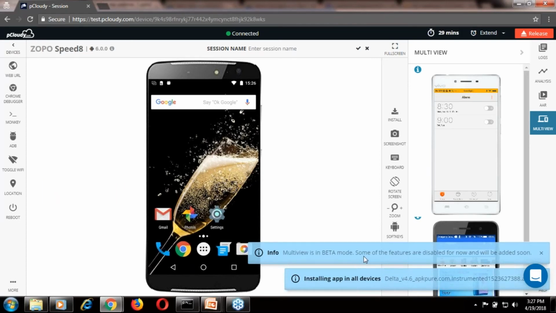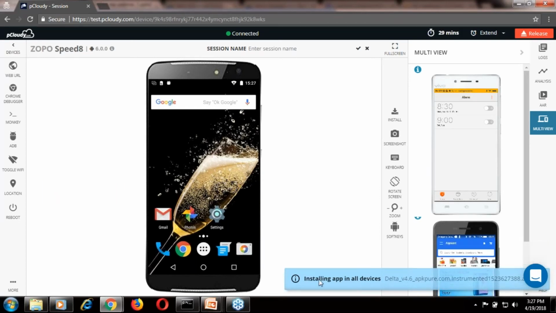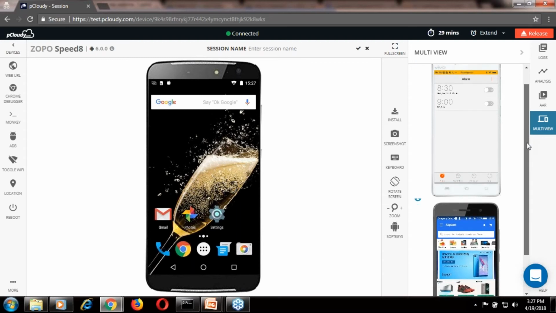So let me just close these 2 things. You can see it here, it says installing the application on all the devices. So the application is getting installed on all the 3 devices. Now let's see what is the difference here from what we have seen some time back. The UI is pretty much the same. We have added something called multi-view, and one of the devices which you have chosen as a master will start appearing here in the main screen. The rest of the 2 devices start appearing in the multi-view